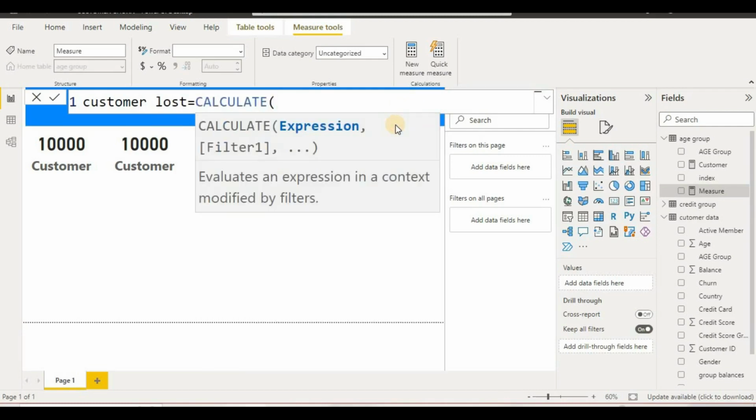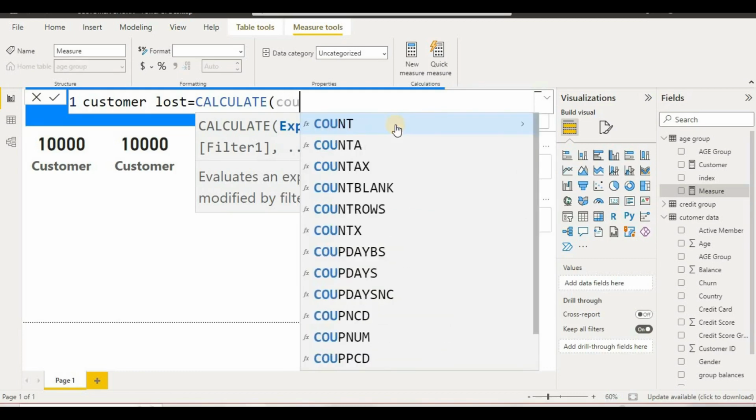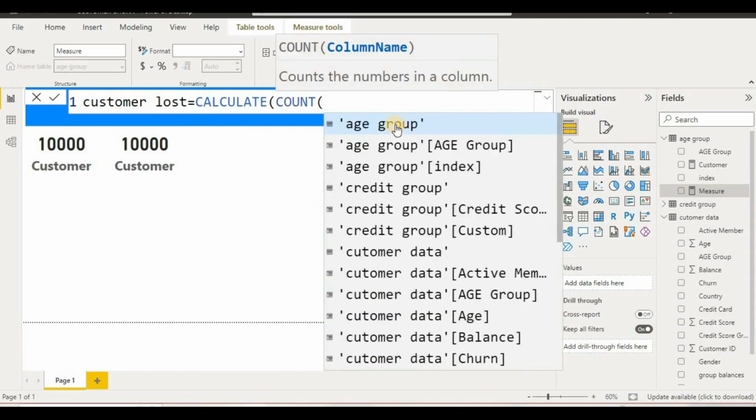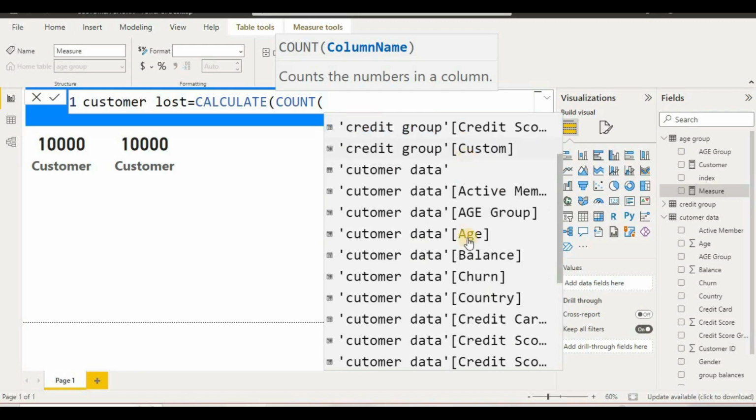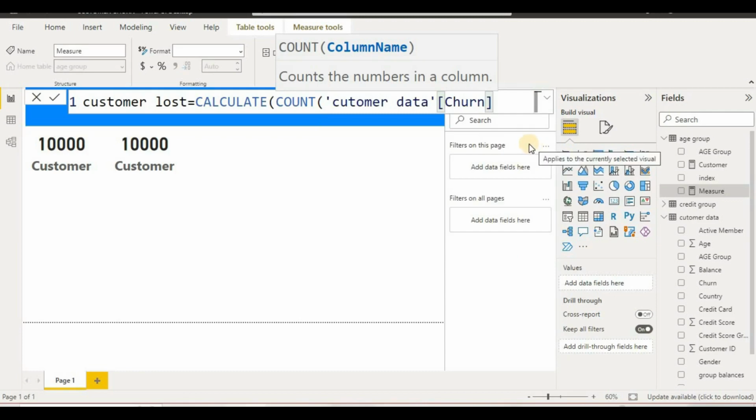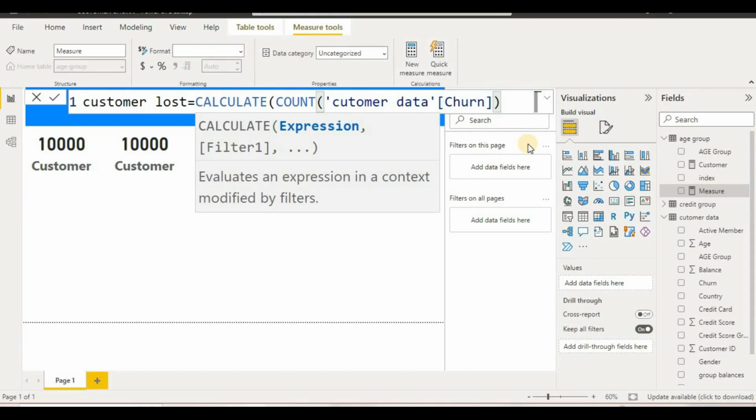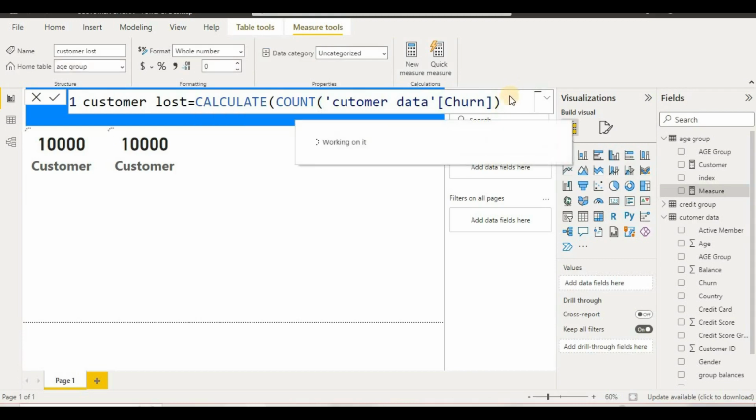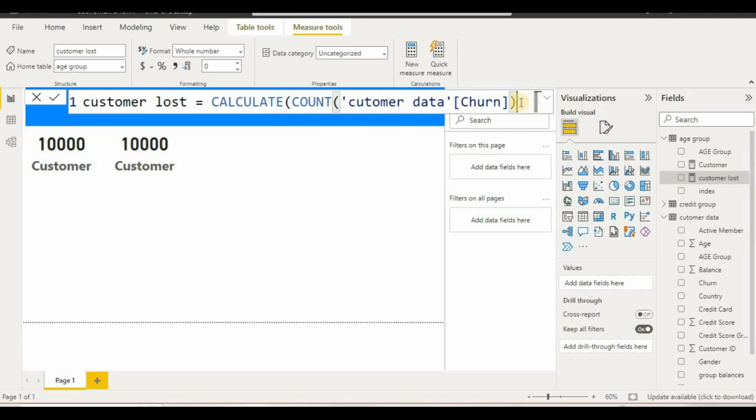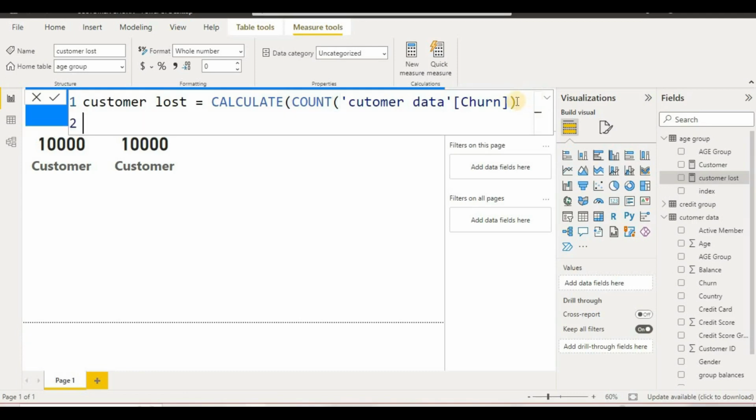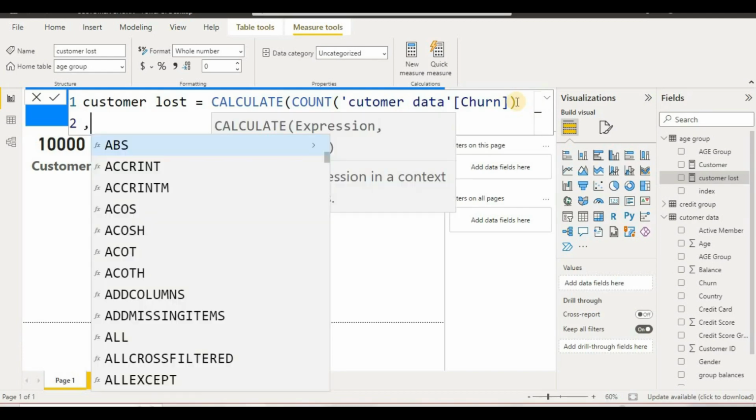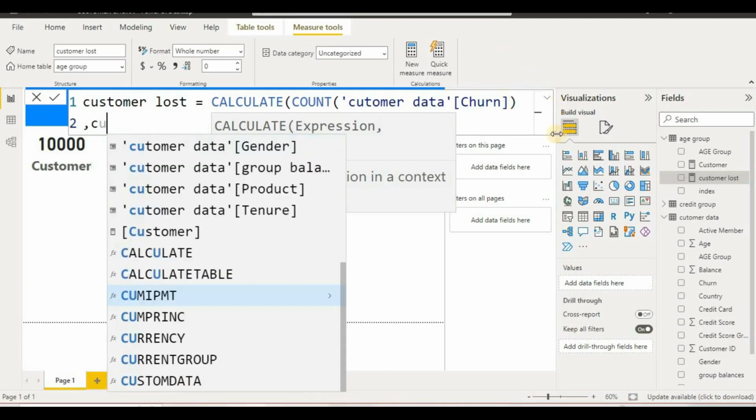After putting calculate, I will put down here count, and what it will count is according to customer churn, like how many customers churned. So I will put customer churn here, and then I will close this and go to the next line. I will put a comma here, and then I will write customer churn is equal to customer churn,